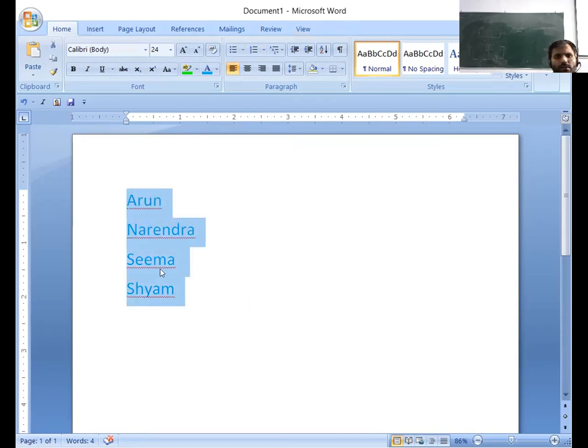Then all the text has been arranged in order, with Arun at the top, then Naren and Seema. So using this option, I can apply some order to our text and also numbers.